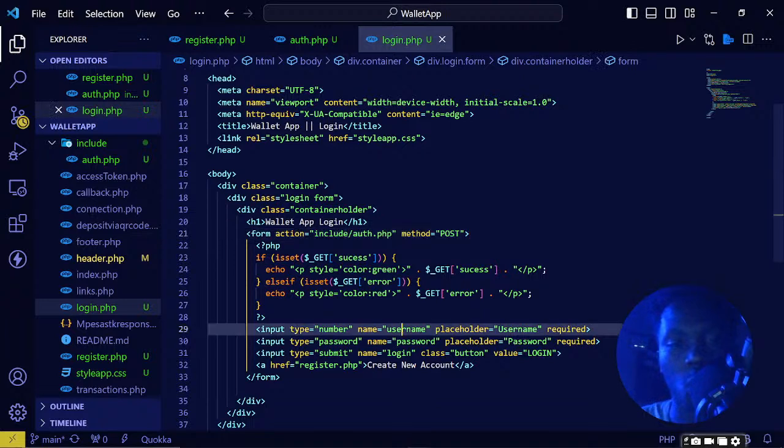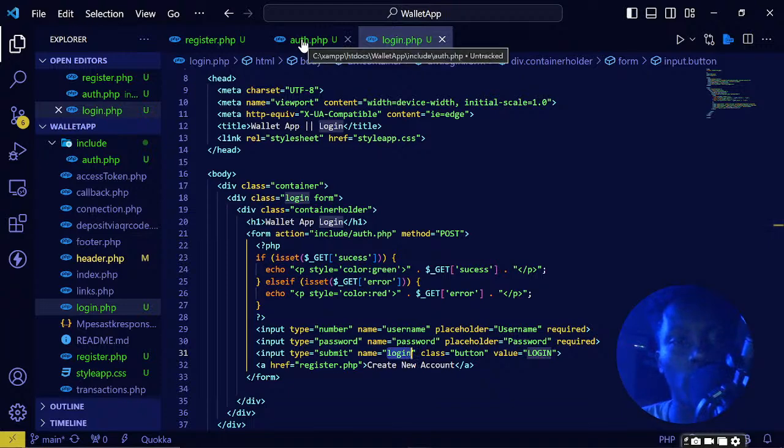auth, so name and the password, then the button name will be login. Then when it clicks login, it will send to the auth page, and then the error will be handled here. We can see and view the errors from here. Now the next thing that we need to do, we need to handle the login page in the auth